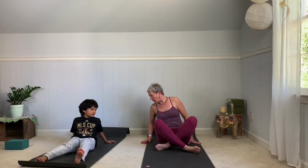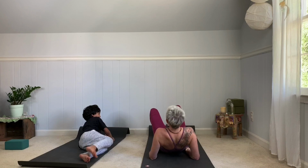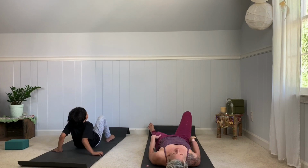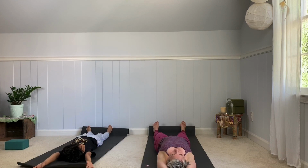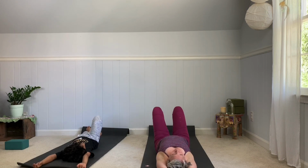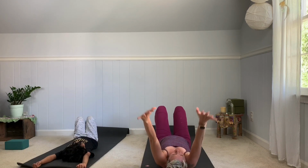All right, so now let's go ahead and lay down onto our backs. So lay all the way down. Let's turn our heads this way and our feet this way. And as you lay down, I want you to stretch your arms out nice and long, legs out nice and long. Good, and then bend your knees so your feet are on the floor,